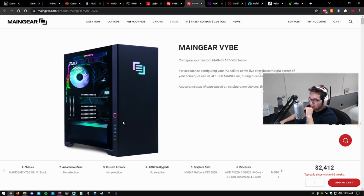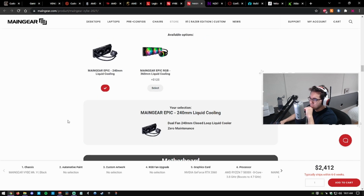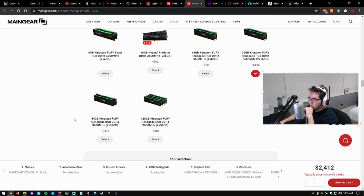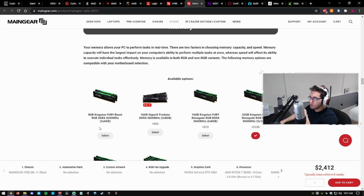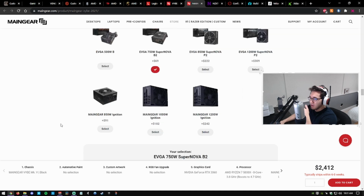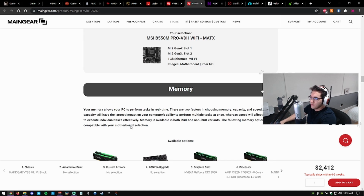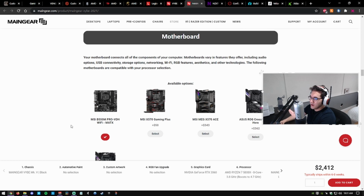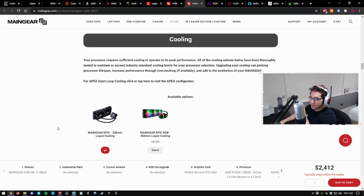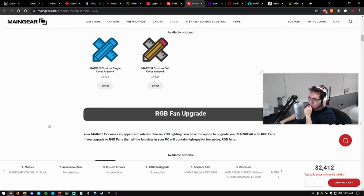You're getting a really premium inside of the case. You're paying a little bit of a premium, of course. I don't like a lot of the selection, but the selection you do have are quite premium options. Again, you're getting some platinum certifications at the price they should be, granted, but again, it's good to see good options instead of some crappy options to kind of get people to skimp on money. But